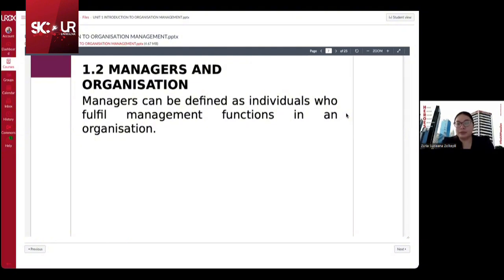And then if you are a football coach, for example, even though you don't have a title like manager, you are coaching, right? So you possess some leadership style, leadership skill. You become their role model, and you also have to make decisions on how to train each individual in your team. So actually you are a manager too. If you are a police officer, in the decision-making level, you are also a manager. Because why? Because you do all these management functions.